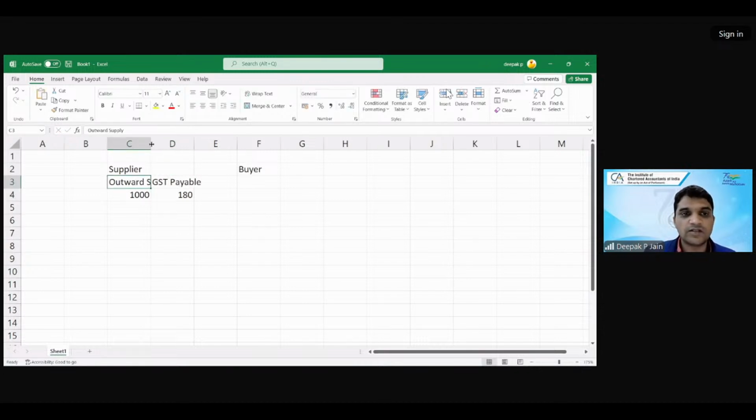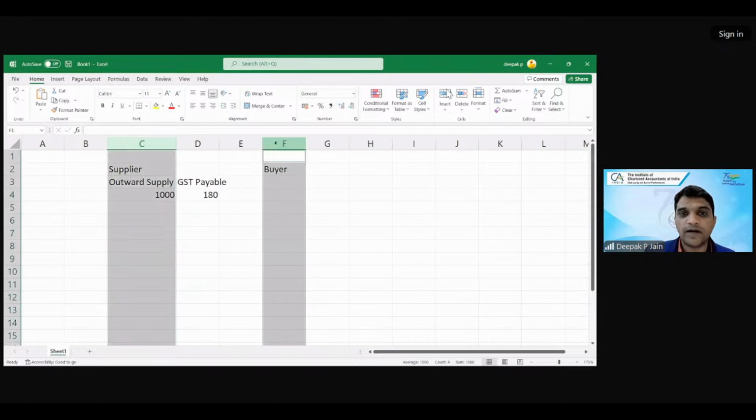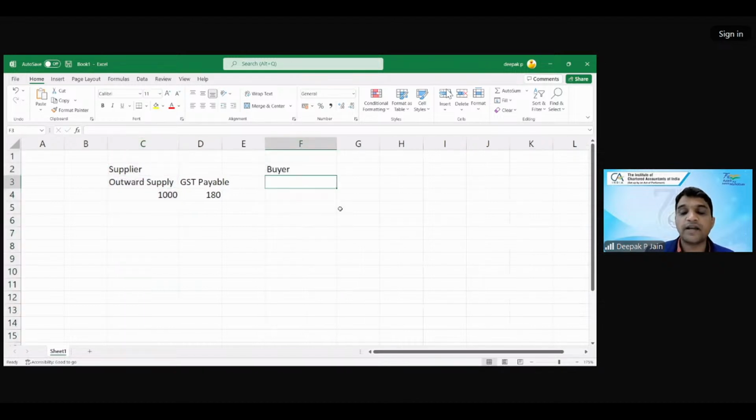ठीक है. Now the supplier is supplying it to a buyer. Okay. So buyer के लिए क्या हो जाएगा? What will this be to a buyer? Input supplies, correct, or inward supply, which is to the extent of 1000 rupees. And this 180 will be